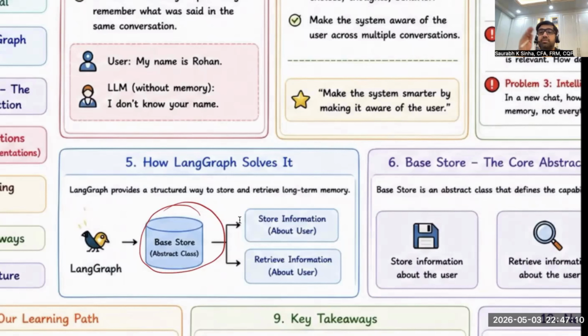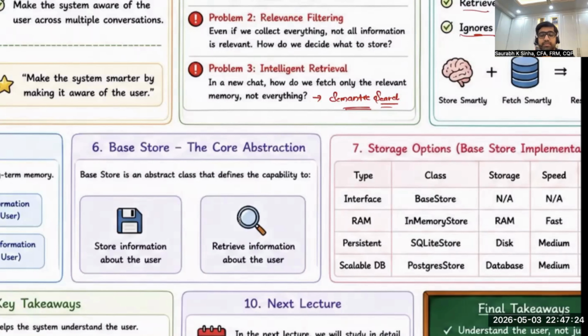BaseStore is an abstract class. It is an interface. The real classes that we'll use while implementing are the InMemoryStore class, PostgresStore class, SQLiteStore class,